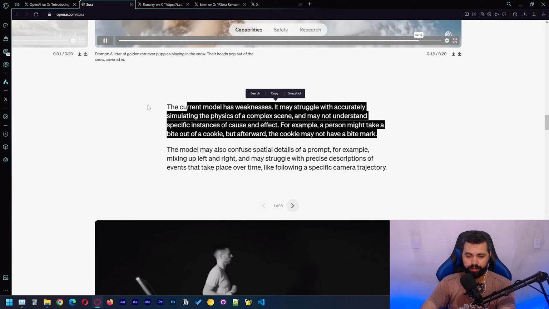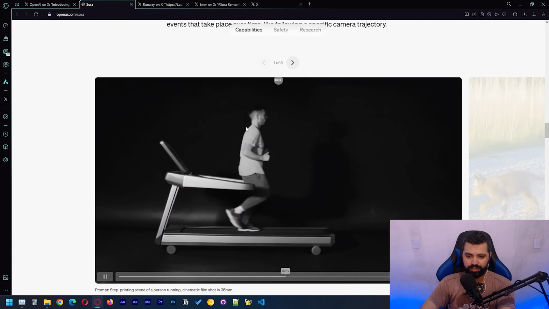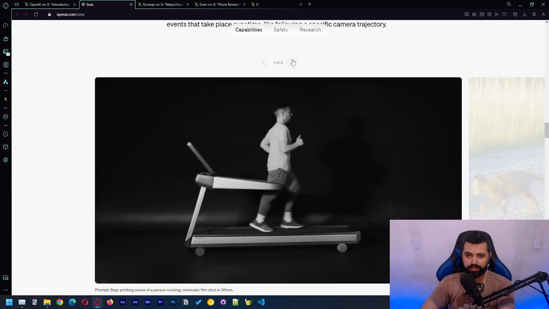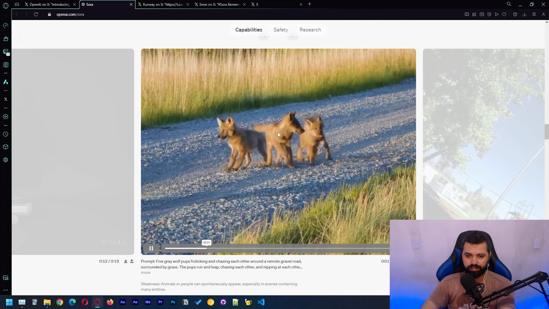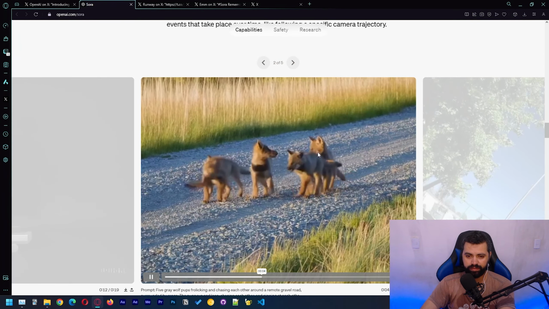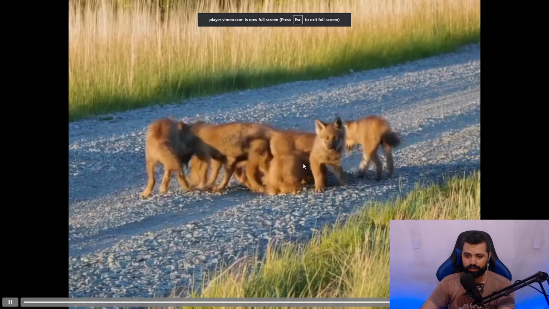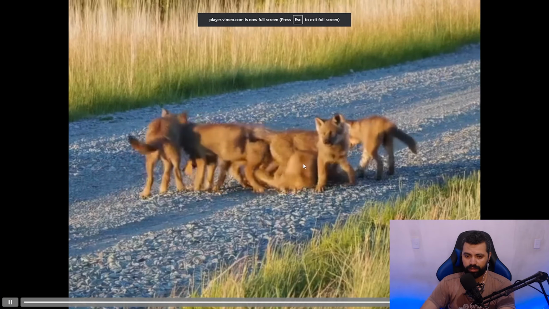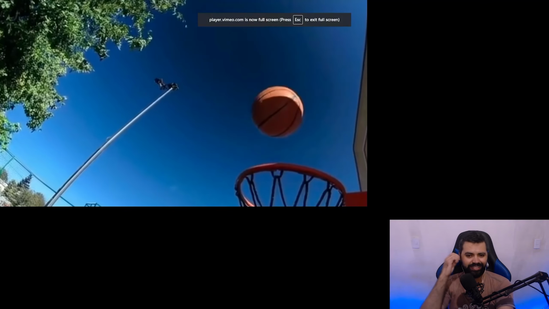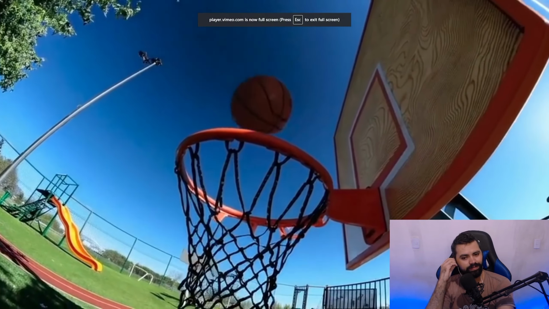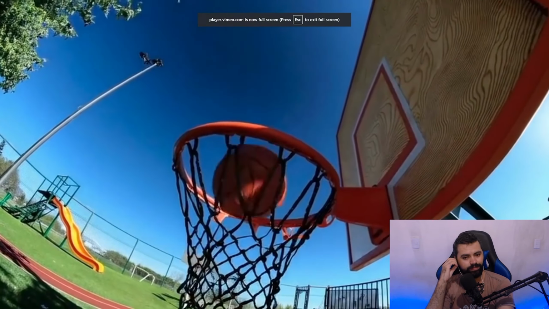Like it's saying about the model's weakness. This person is walking backwards. It's overlapping the wolves, right? The model's not able to understand where they should be placed, but this can be solved by more data. There's also this one. There's an explosion and the ball didn't explode. This one's trippy, very trippy.